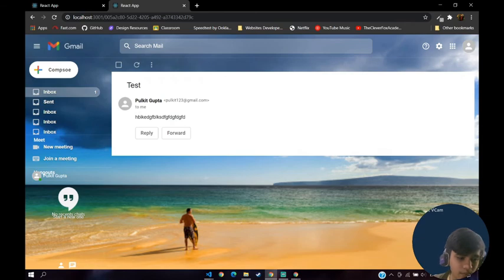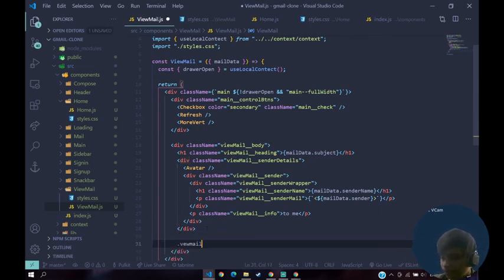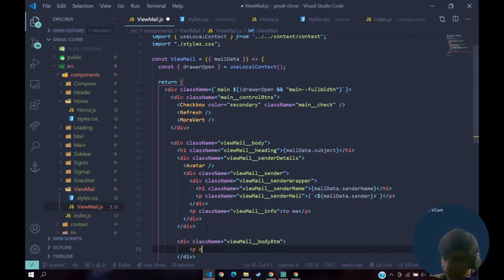Outside of this div, basically sender details, we are gonna have a div of view mail underscore underscore body bottom. Inside of this we are gonna have a p tag of class name of view mail underscore underscore body text, which is gonna say view mail data dot body.